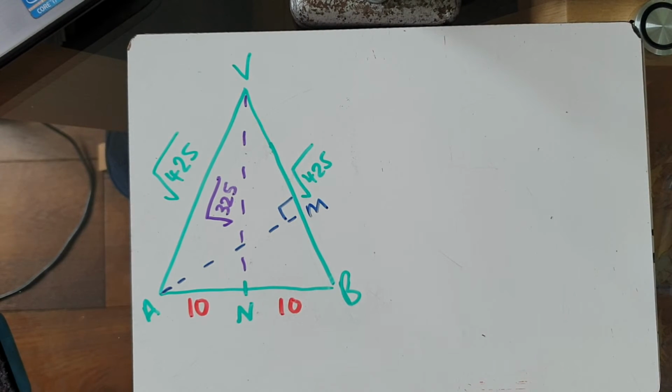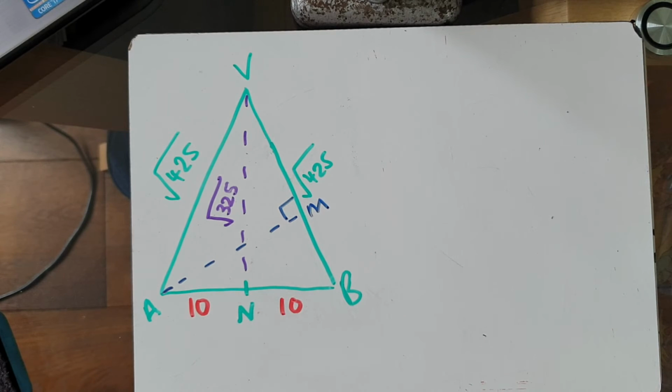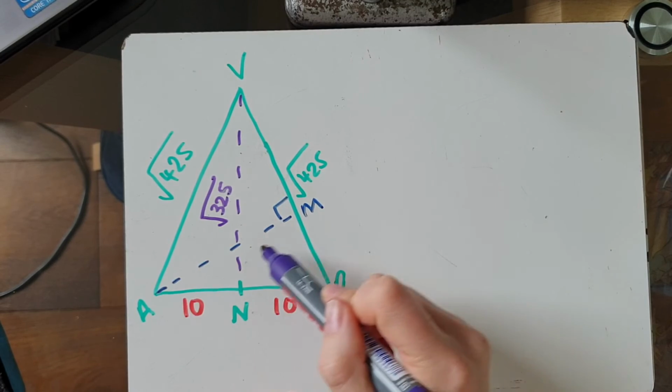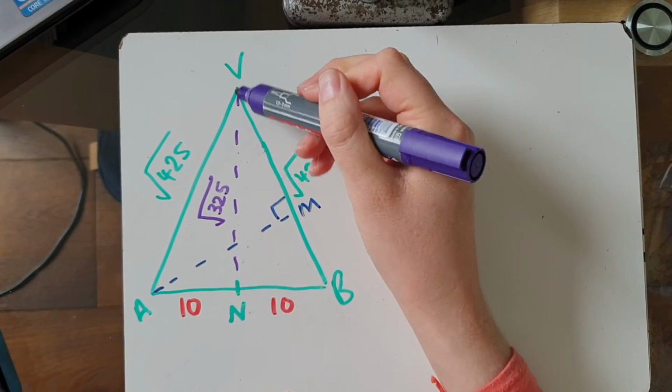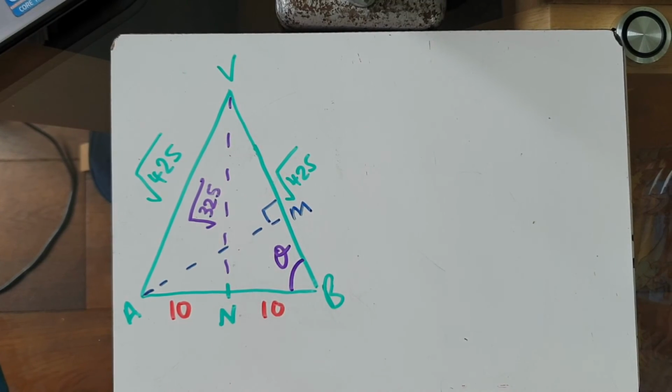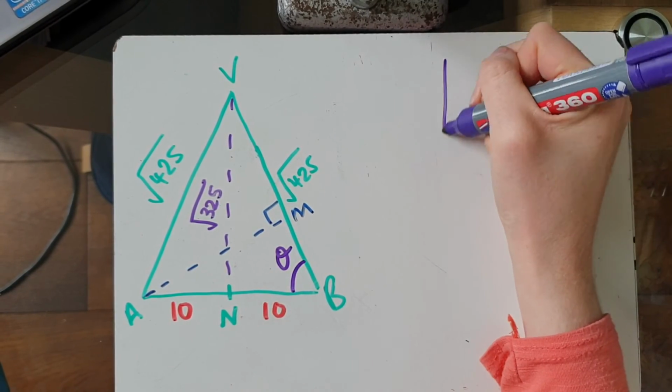It does say hence or otherwise. There is another way of doing this. You could do it via similar triangles. The triangle AMB and the triangle VNB both share this angle. So if we draw AMB,